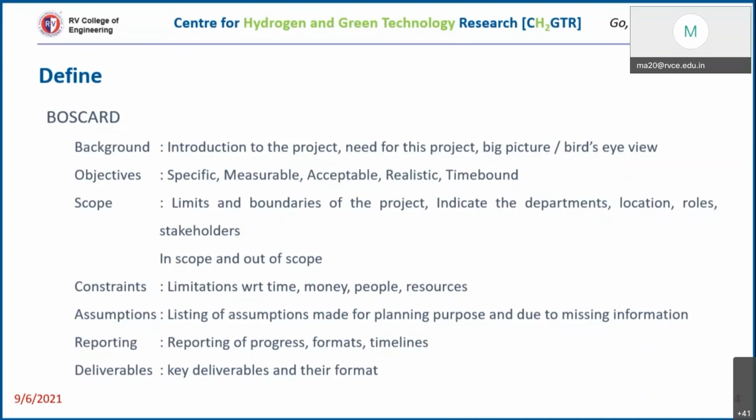If you just leave it as fuel cell, it is not very specific. You have to make it specific. I am going to work on the PEM fuel cell, that is, the polymer electrolyte membrane fuel cell. And also,